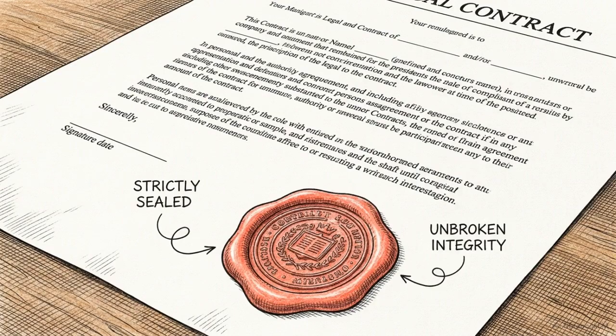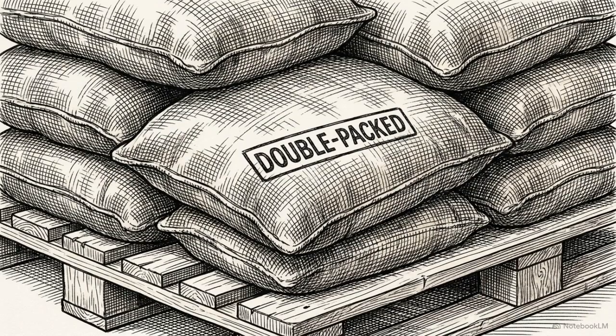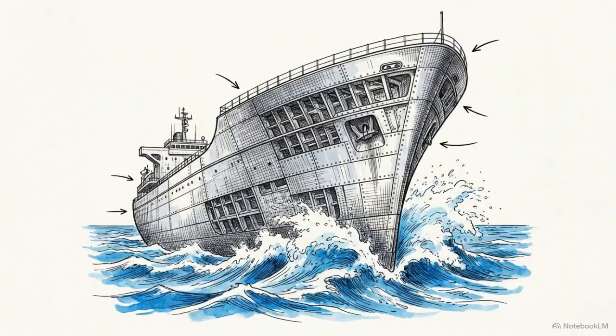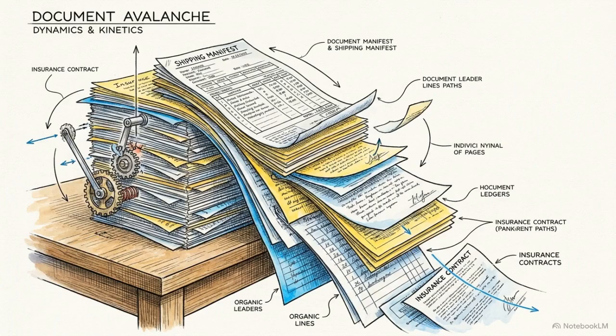The insurer also relies on warranties, rigid promises made by the assured affirming or negating specific conditions of the risk. These can be expressed directly in the text, like requiring cargo to be packed in double gunny bags, or they are implied by law, such as the absolute requirement that a vessel be completely seaworthy at the exact moment a voyage commences. Without the forced transparency of utmost good faith, accurate pricing becomes impossible, and the mathematical viability of the